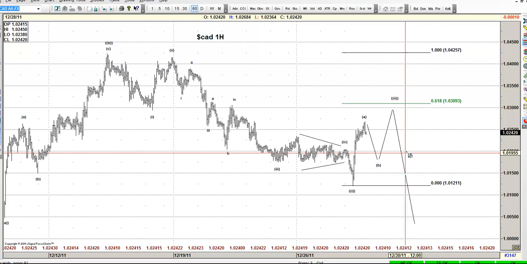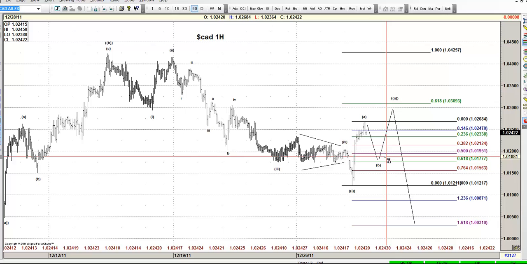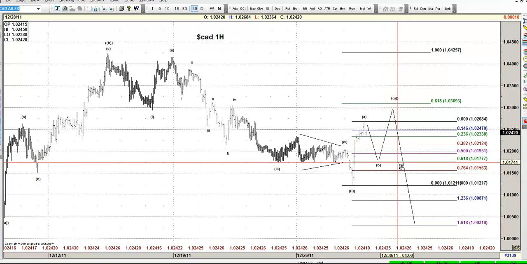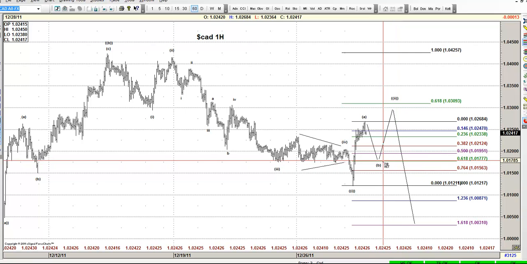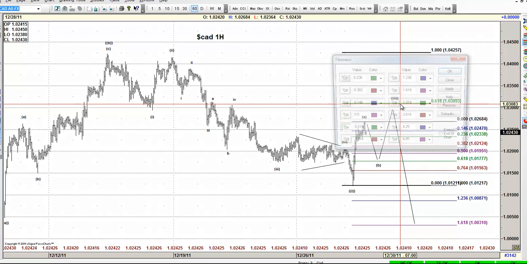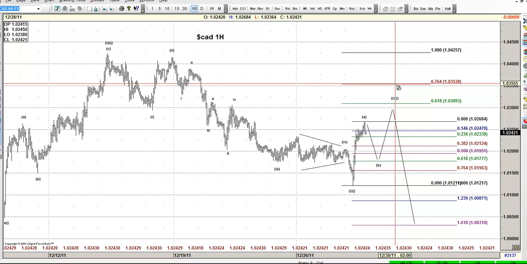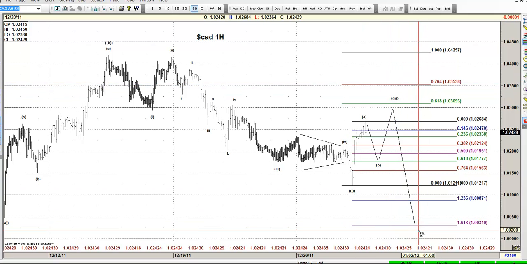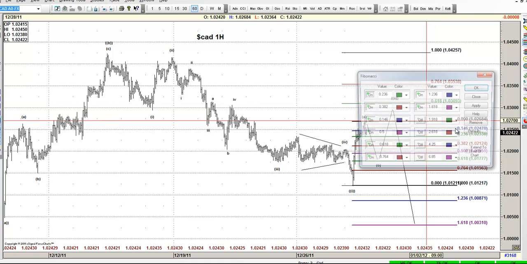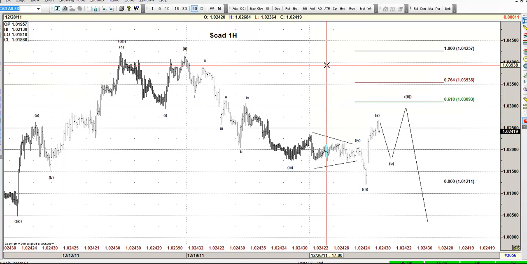Now we are expecting a pullback in the dollar CAD to around 101.95, 101.77 area before this pair goes higher again with a target between 103.10 or in extension 103.53 area before a pronounced decline. Some members have expressed the idea that this pair was in a daily and weekly triangle,